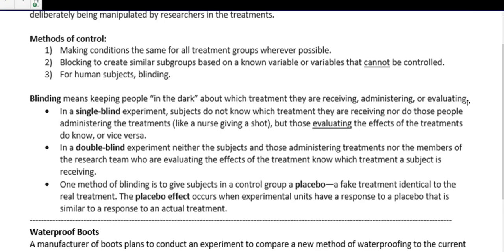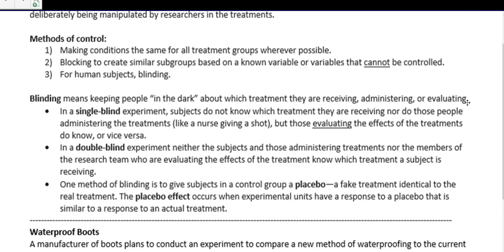This occurs in human subjects because there is a psychological effect that occurs in humans when they are in an experiment and receiving a treatment. They might appear to have a response to a treatment even though it is fake. And they can actually have a real response, like their headache could really go away with a fake pill because of the psychological effect of being treated. So it's absolutely essential that human subjects receive placebo or fake treatments that are identical to the real treatment so that everybody will have the same psychological effect of receiving a treatment.